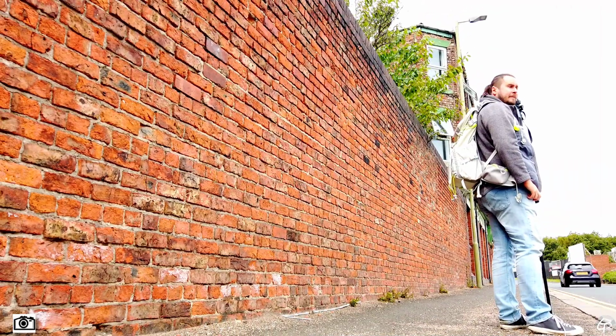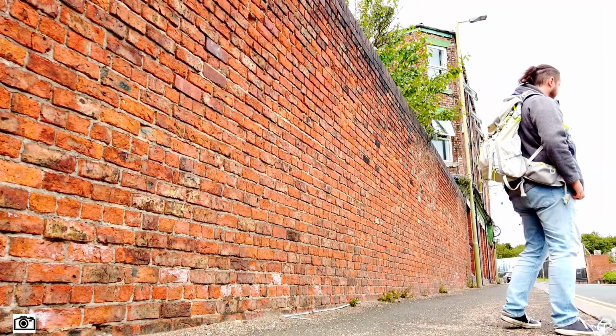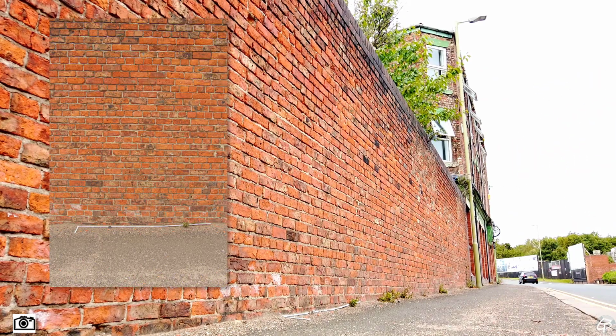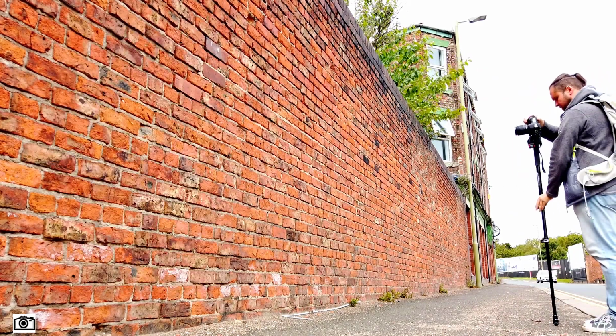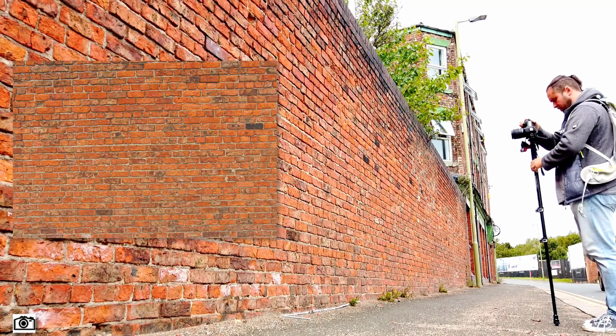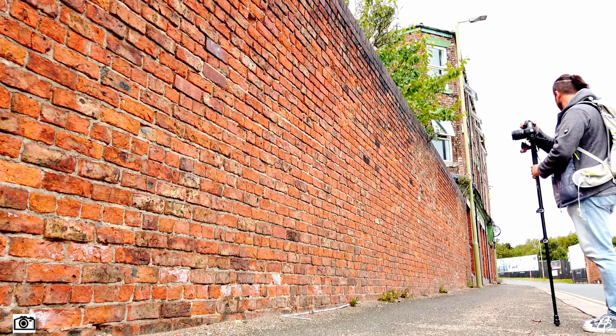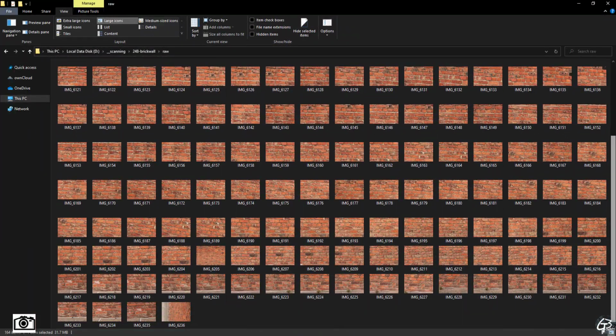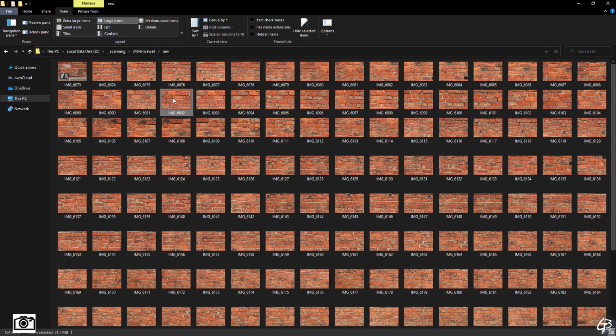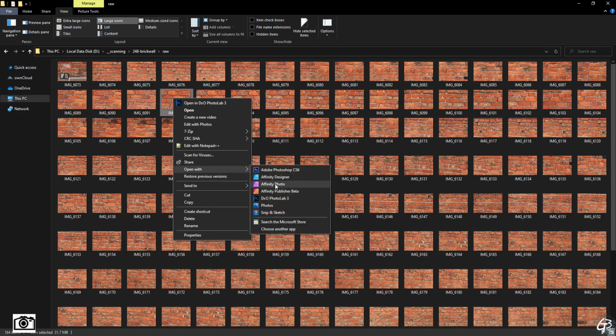Also, I can use them to create a PBR material with the Alchemist and its AI-based image to PBR technique, and compare the result with the photogrammetry-based one. Anyway, the capture was over and it was time to process the data. As you can see, all 164 images seem to be sharp and consistent, but they still need to be tweaked